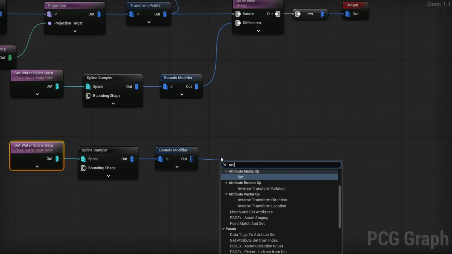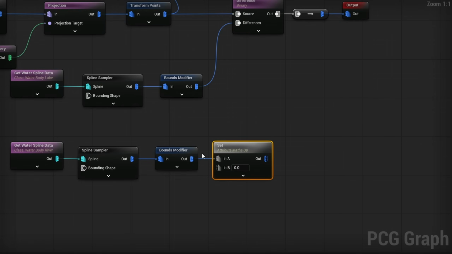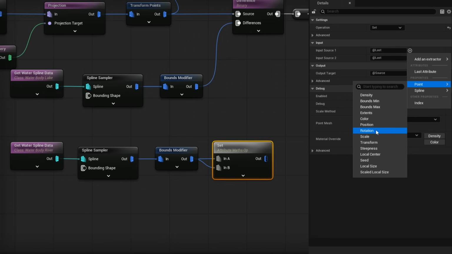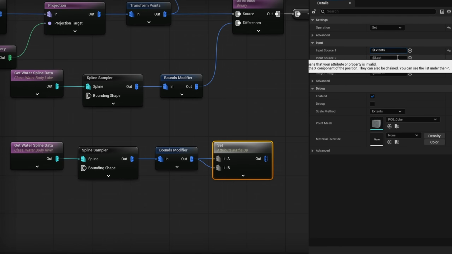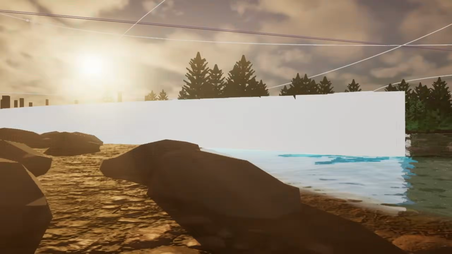We try using it by using a set attribute, plugging in the bounds modifier into in A and in B. For in A, we'll set it to be point extents. We want to specify extents.z. So extents.z is the height of the object, or rather half of it. And I want to replace it with depth. And if I press D on this, where we've now replaced extents.z with depth, we can go down under here